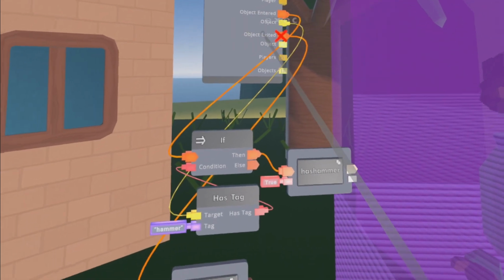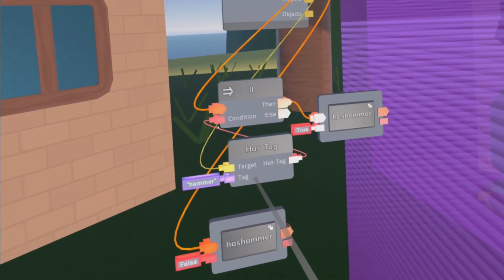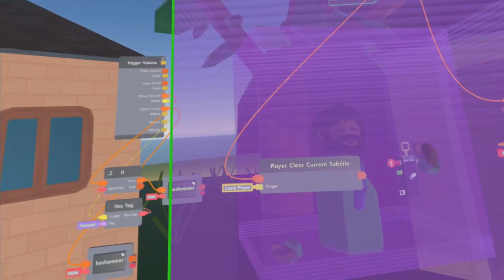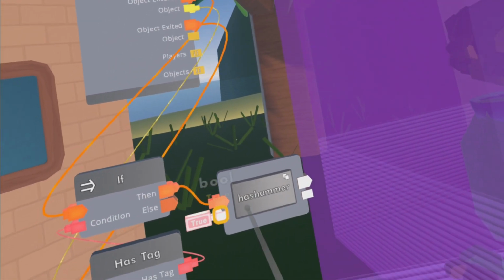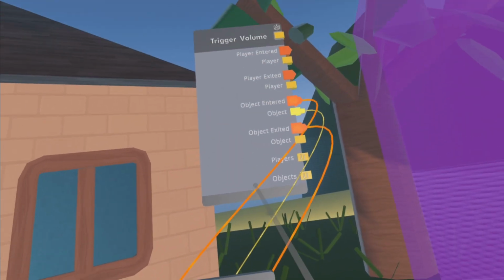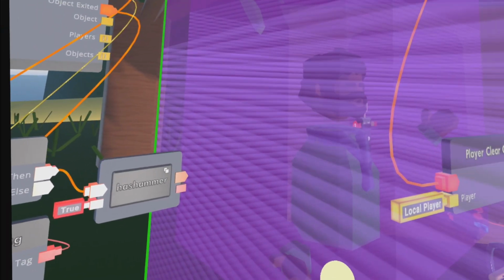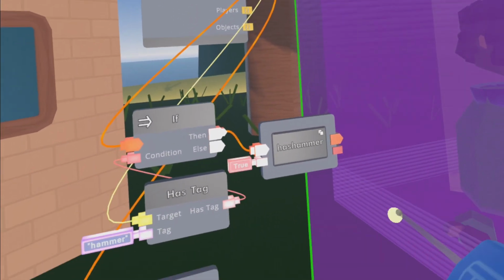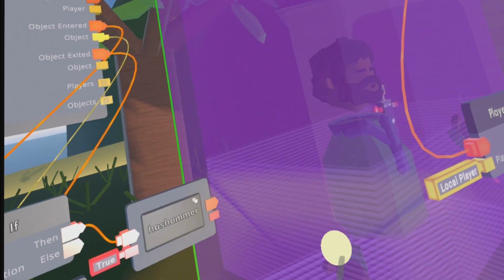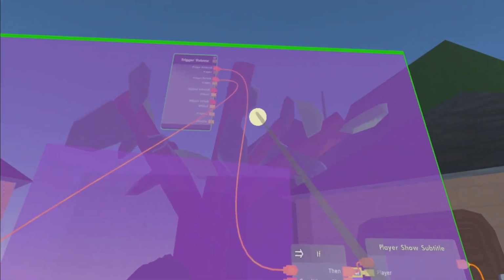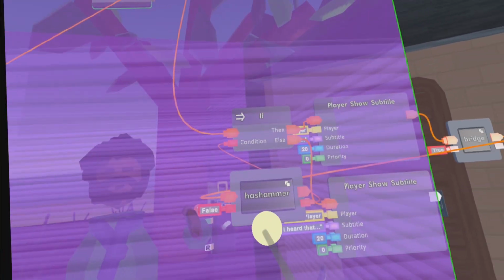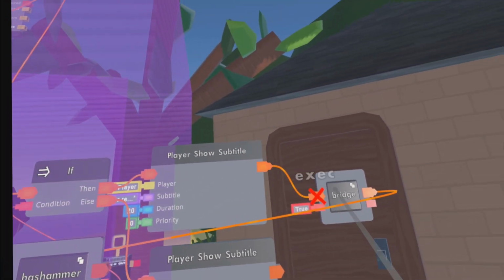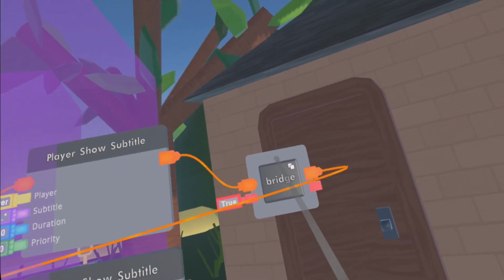If I put the hammer in the right spot, this is happening here. I'm not sure which trigger volume is doing it, but I think this is the right one. So if I put the hammer in the right spot, this will set has hammer to true. If I take it out again, it will set it to false. But if he has it in his hand and then I'm talking to him, he is checking if has hammer is true. And then he will say something different than before and turn another